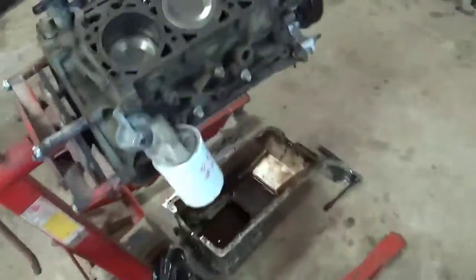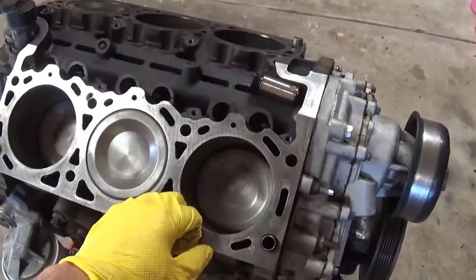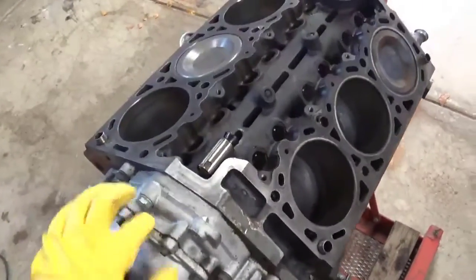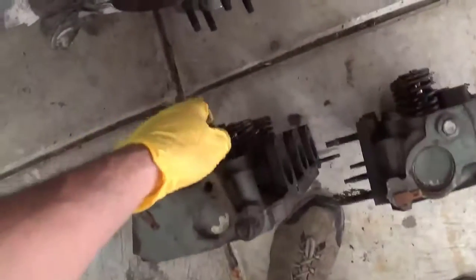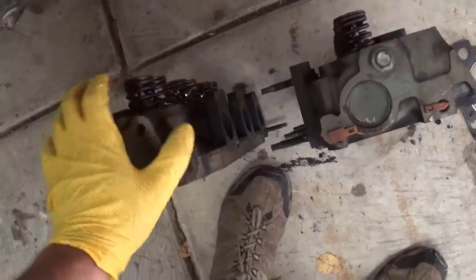I have all my parts in plastic bags, more lifters. Being what I'm seeing now, I might go ahead and pull all the pistons out, and I more than likely will just do a short block refresh, re-ringing, re-bearing, and then resealing, and put a cam in, new lifters, push rods, rocker arms, new heads. I'll probably get new improved valve springs, all that jazz. Actually spend some money on this motor,